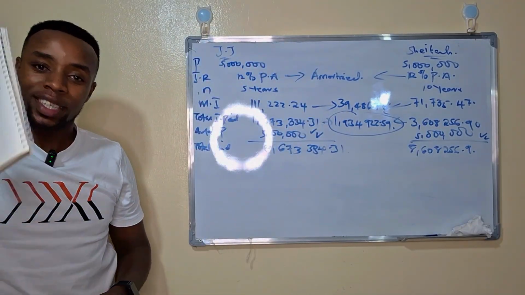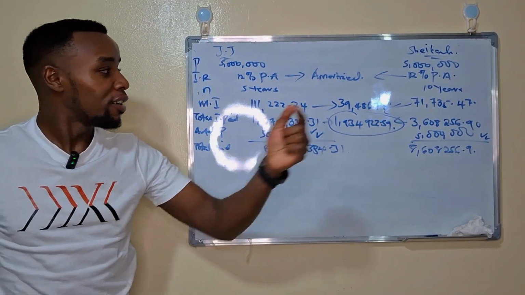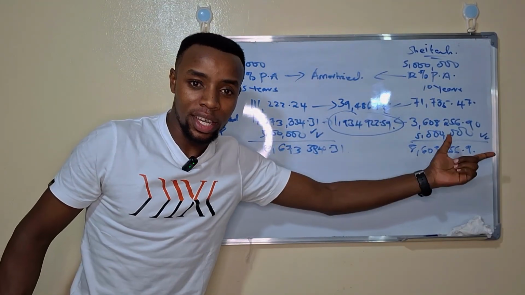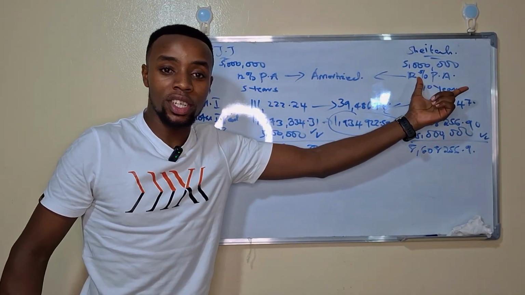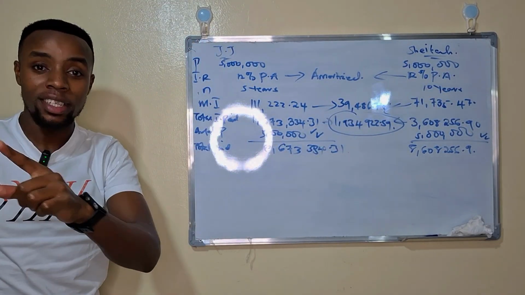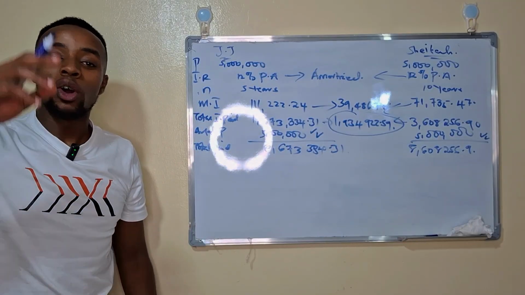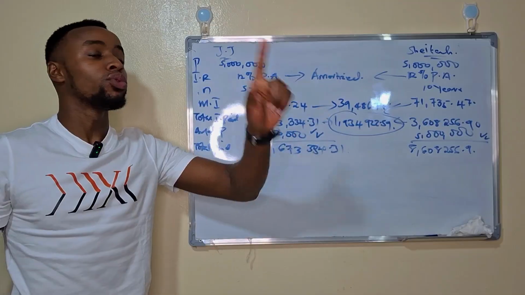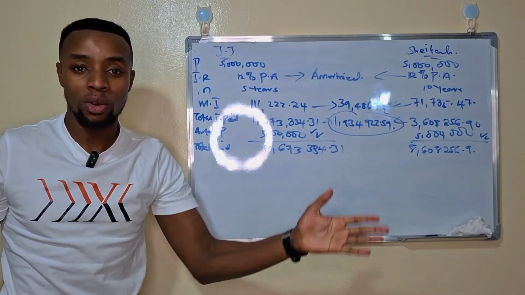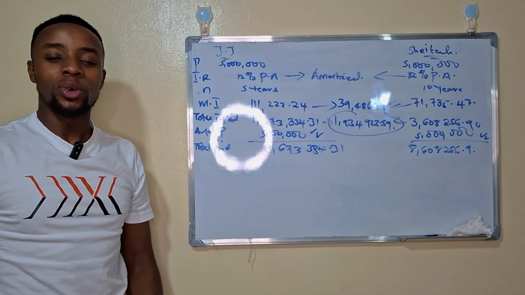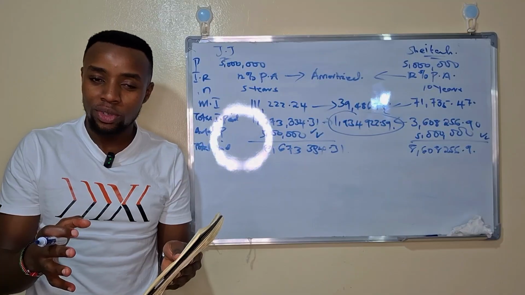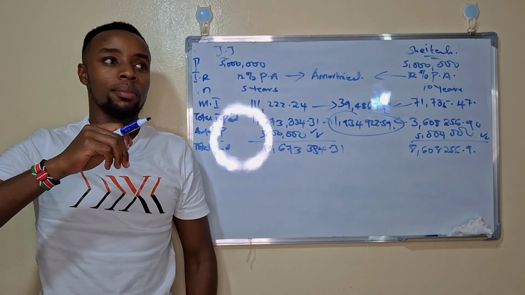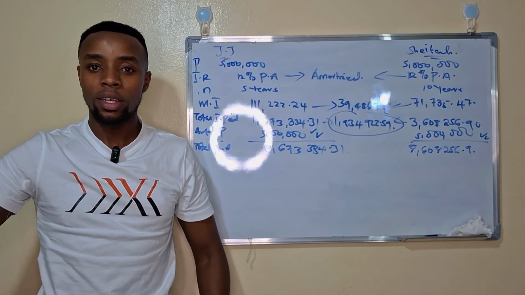So it means after 10 years, Shayla will have paid a loan of 5 million Kenya shillings, but JJ after 10 years will have paid a loan of 10 million Kenya shillings. Remember, JJ went back to the bank after 5 years to borrow another loan. All right? So what I am trying to say here is that anytime you choose the shortest repayment period, you